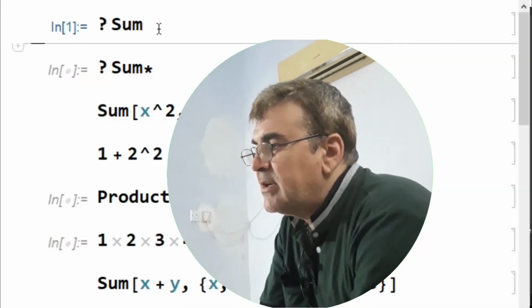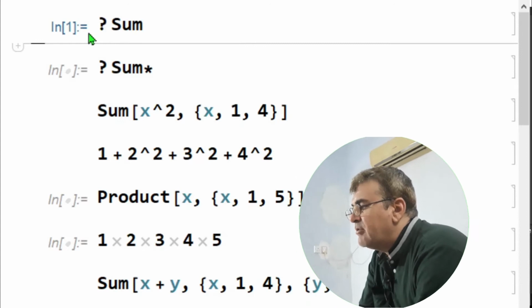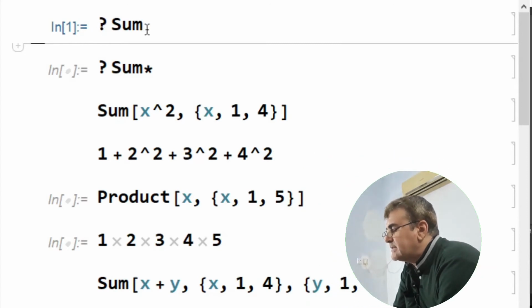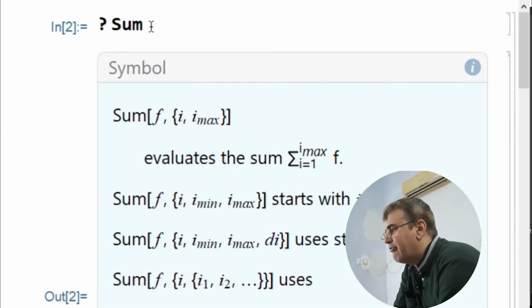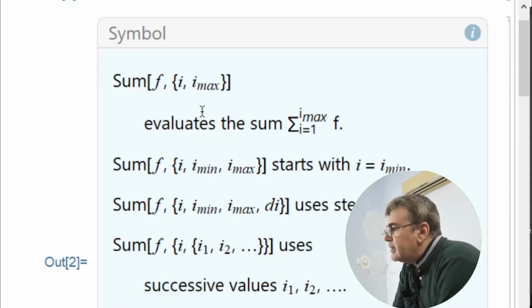However, there is another very fancy way without going into the help windows, just by writing the sign of interrogation within the notebook followed by the name of that particular function. For example, here I want Mathematica to tell me about the command Sum, so I put a sign of interrogation first to the command Sum and run it. If I run this, Mathematica gives me a list of different options or commands in which the Sum command